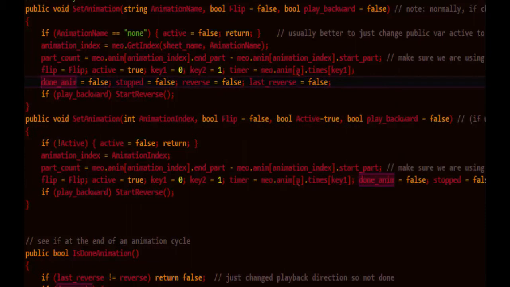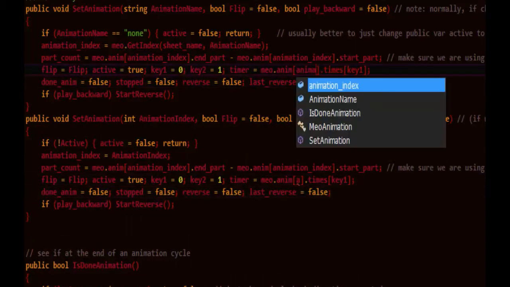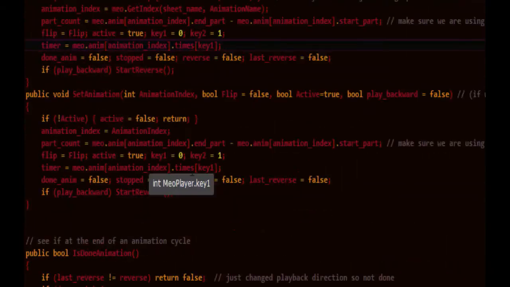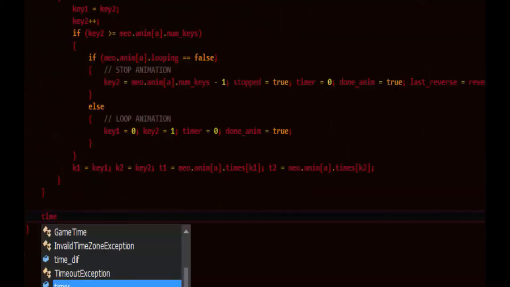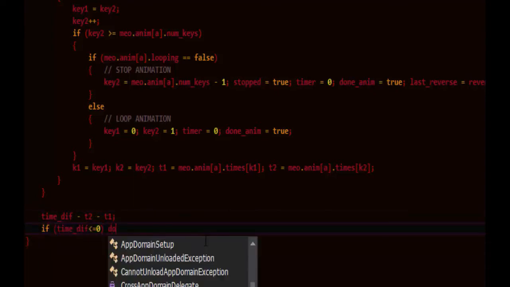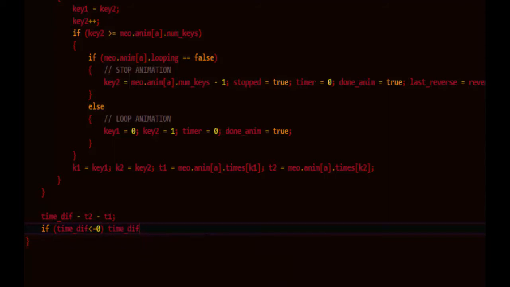Let's just start another line here because this looks crazy. This will have to be changed to animation index, and same here. Okay, chances are good your initial time, key 1, is going to be 0. So you could leave it as 0 if you wanted. Okay, let's get the time difference between the two keyframes used in interpolation. And we'll say if the time difference is less than or equal to 0, which should never happen, we'll, to be safe, make sure that it's